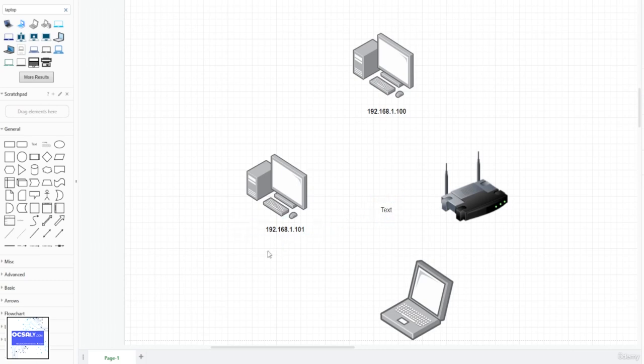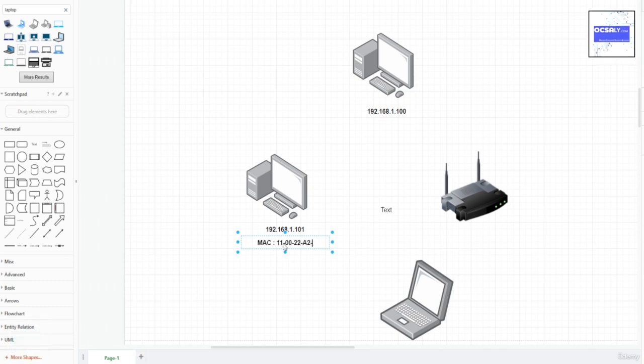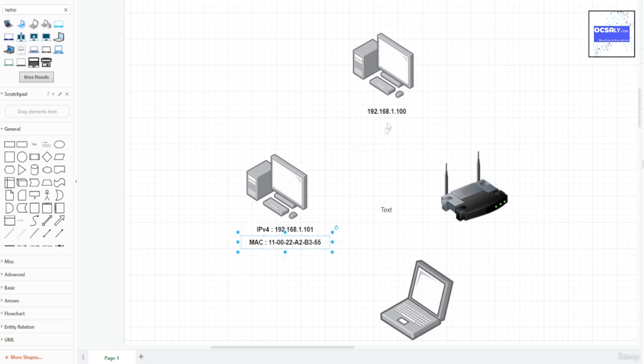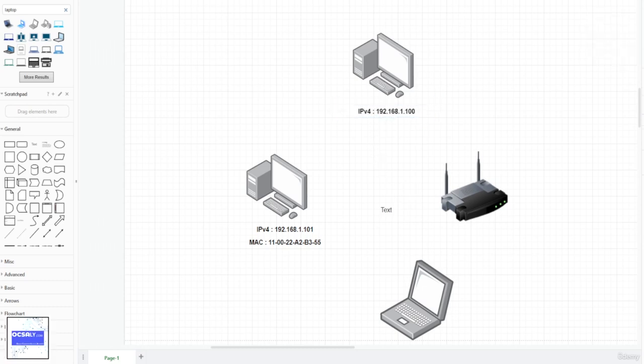MAC address will be 11:00:22:A2:B3:55, and this is the IP version 4 address here. This is MAC. This is an IPv4 address, and let's assign it. So we will not assign this MAC address yet, and let's add another here,